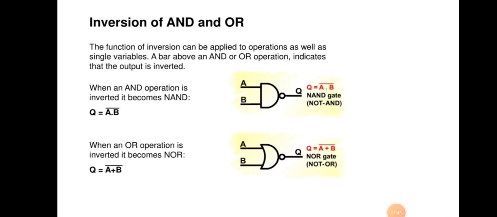Okay, so I think in this lecture this is enough for today. In the next lecture we will see the combinations of different logic gates, and also we will see De Morgan's law. So in today's lecture, what we have seen is the Boolean algebra laws. We have seen the associative law, distributive law, commutative law, and also the inversion law, the laws for the AND gate and the OR gate. We have seen the inversion of AND and OR gate, meaning the NOR and the NAND gate. So just remember all these rules.